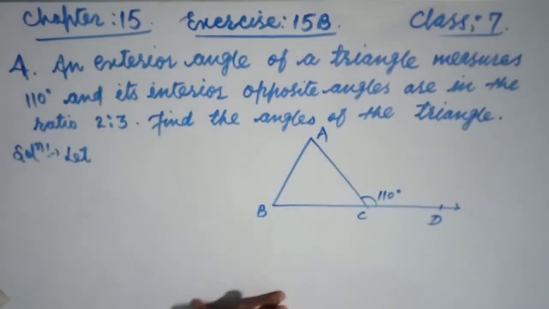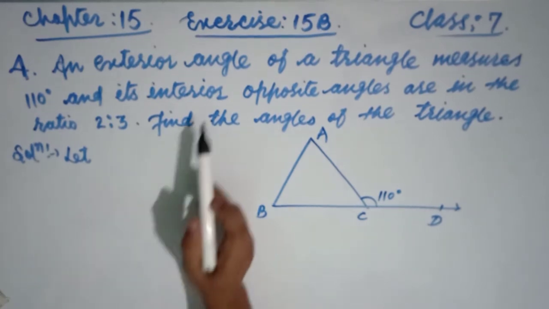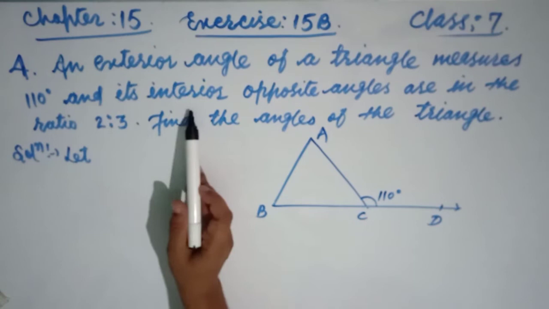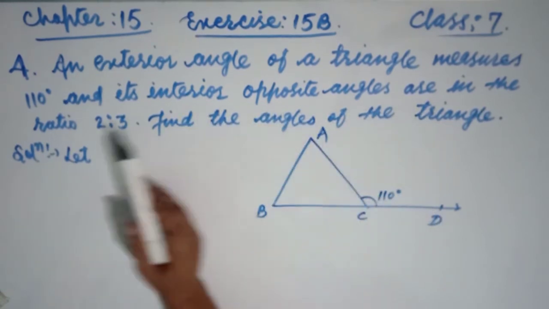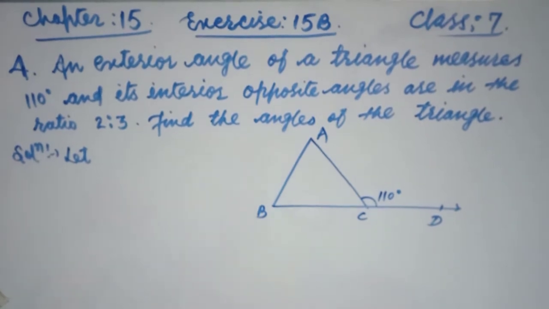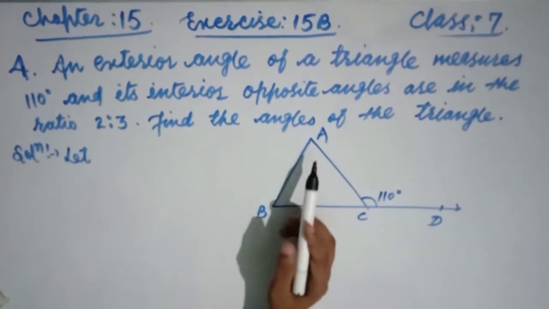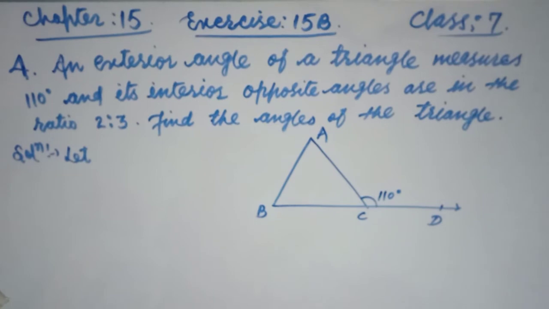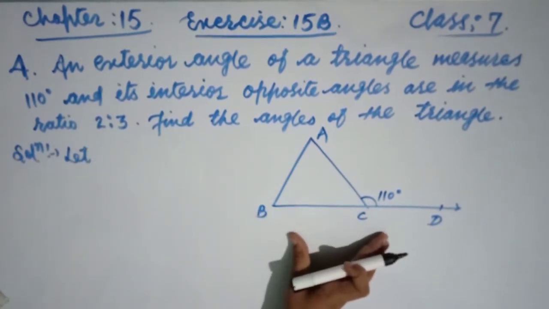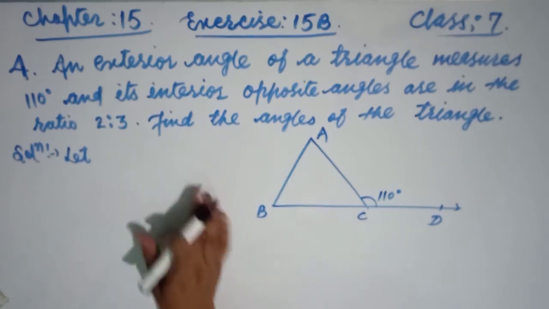Now see friends, question number 4 says an exterior angle of a triangle measures 110 degrees and its interior opposite angles are in the ratio 2:3. Find the angles of the triangle. Means we have to find all angles of the triangle, that is, angle A, angle B, and angle C as well. Now see friends, first draw the figure exactly according to this statement, then we can easily find